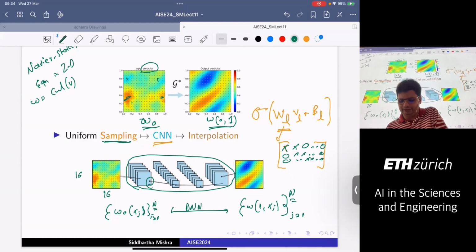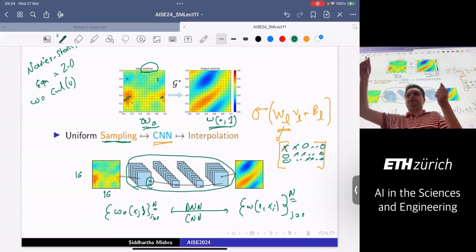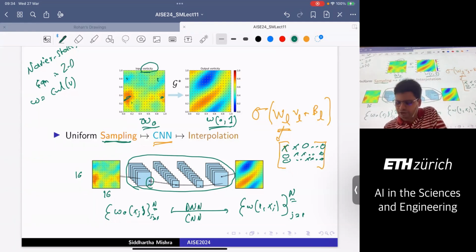Instead of a DNN, you take a CNN, more structure, good. And then you get a 4096 dimensional output. But remember that my target is not something which is sampled. My target is a function, right? So I have this function on a 16 by 16 grid, 64 by 64 grid, 128 by 128 grid. So what I can do to get it at every point is to use interpolation,